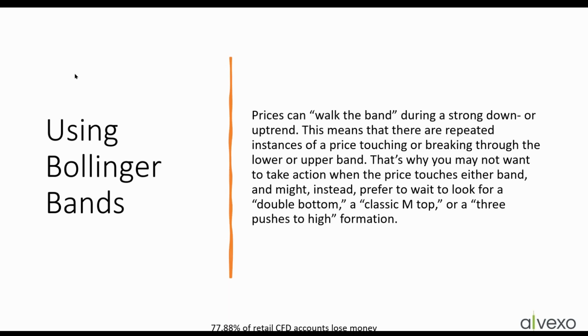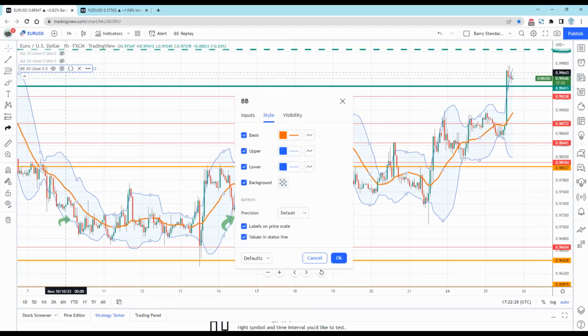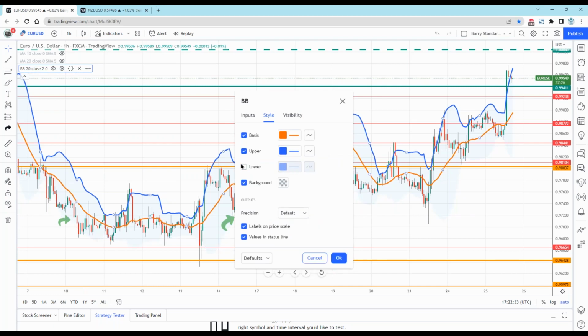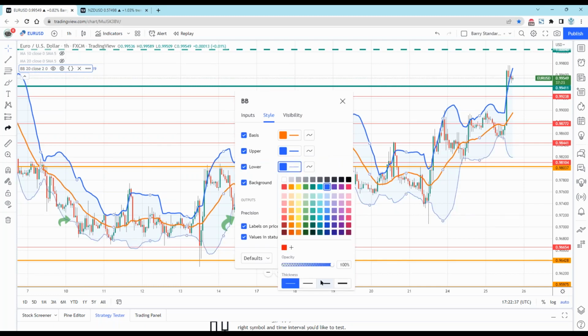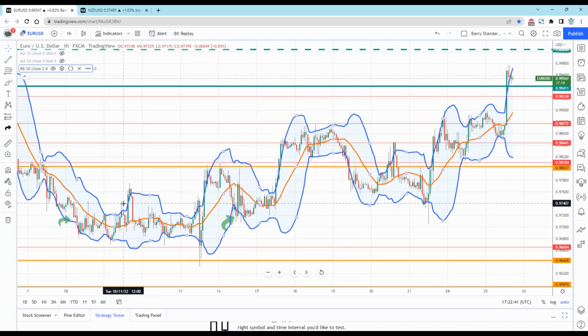So let's go back over to my chart. Actually, let me make the bands darker also. When we talk about a tag, it's when price touches the upper or the lower band. We also have breakouts. Breakouts don't tell us anything, and tags of the band don't tell us anything. What we have here is,